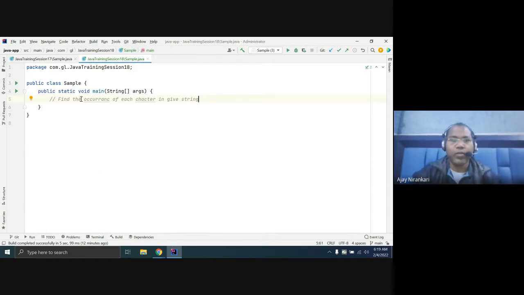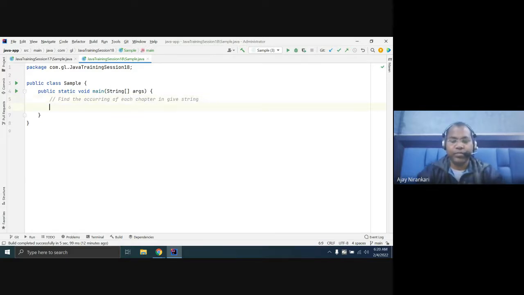In this problem, we have two questions. One is to find the occurrence of each character, and the second is displaying the string in order of maximum occurrence.